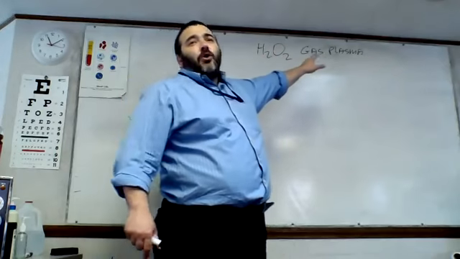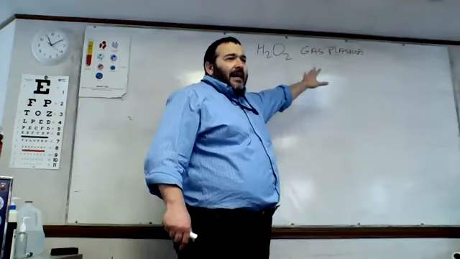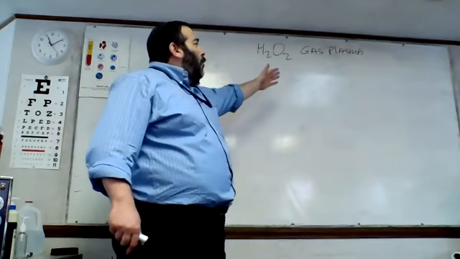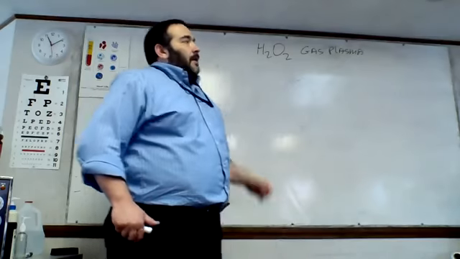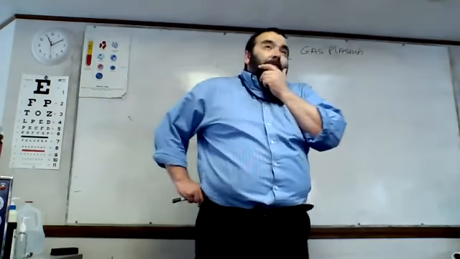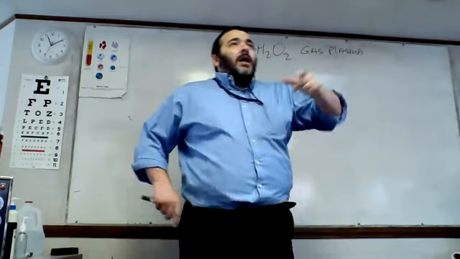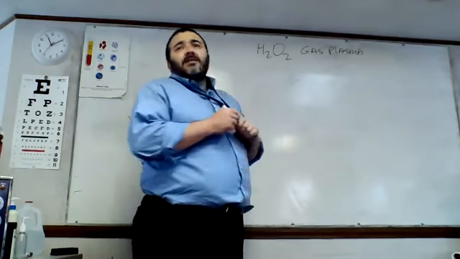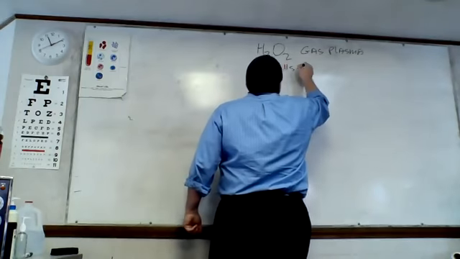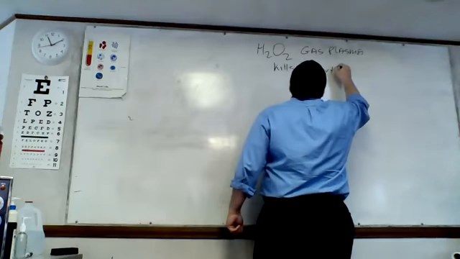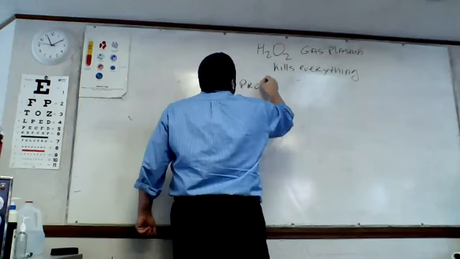So let's talk about H2O2 and gas plasma, okay? Hydrogen peroxide. It's a low temperature sterilant. It kills pretty much everything too. We're doing pros and cons. We're going to do pros and cons. Pros,